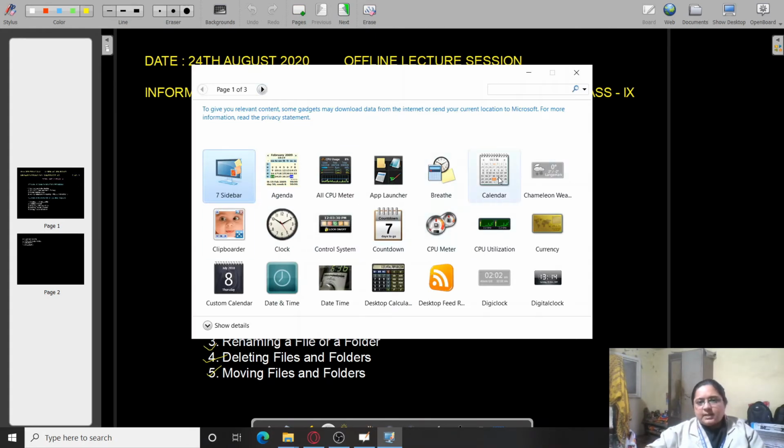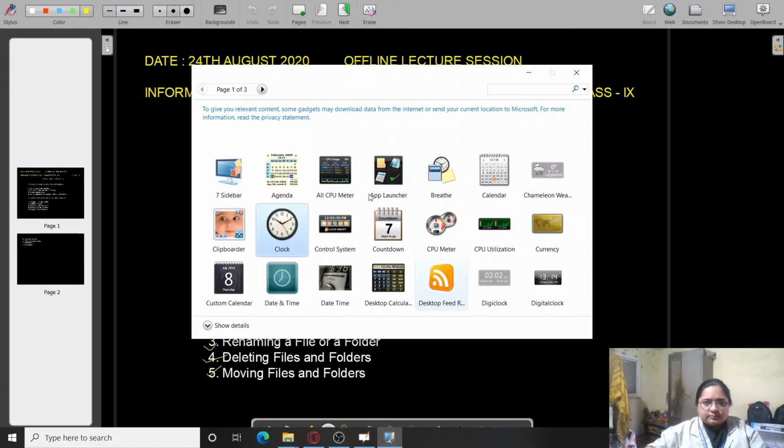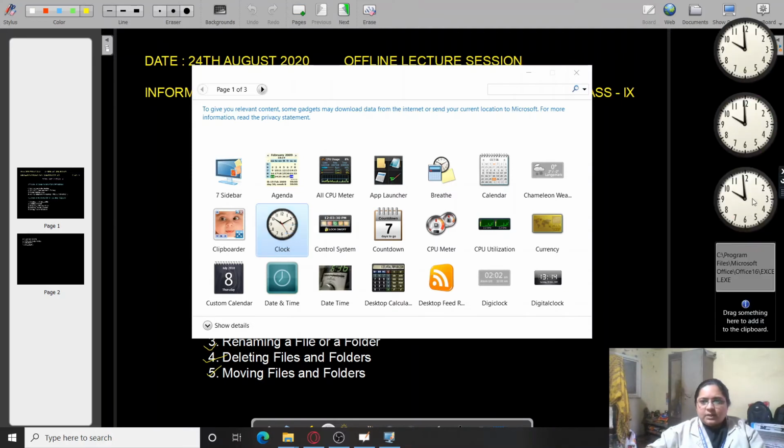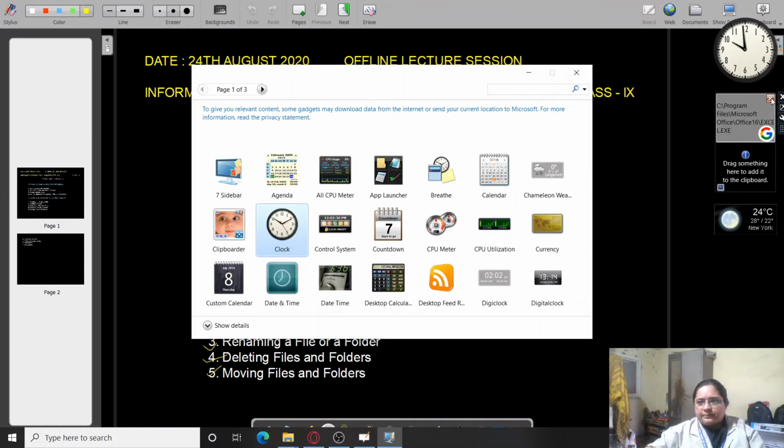can select any gadget whichever you want, like you want a calendar, you want a countdown, you want a clock. So I'm going to select a clock and double click on it, so a clock will appear. So I'll just go to the desktop. So I will just click on add and you can see a clock appears over here. Now there are three different clocks, so I can close the extra ones